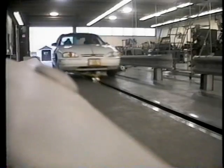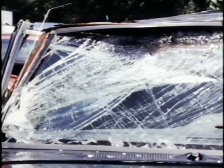Testing for adherence to this standard is the same as in FMVSS 208. The vehicle is crashed into a frontal barrier at 30 miles per hour. Occupants must be properly restrained in order to stop ejection from the vehicle, and the windshield is an important part